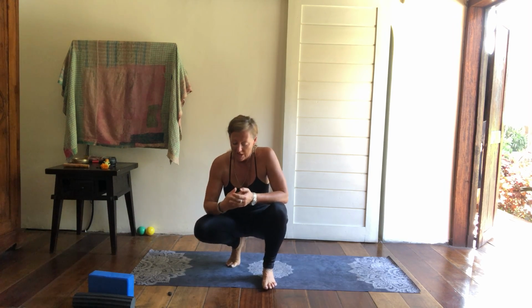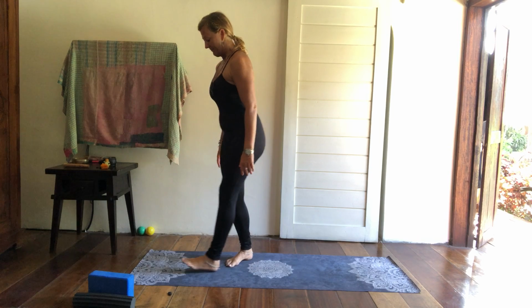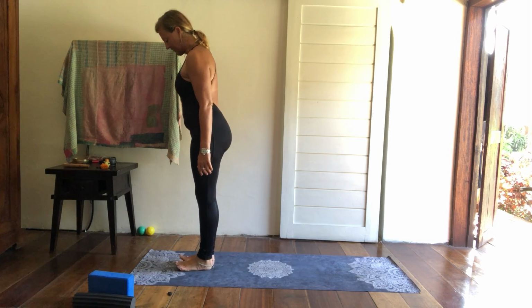So welcome to our tutorial on Surya Namaskar, Sun Salutations. We're going to work through Sun Salutation A and B. I will take you through Sun Salutation A and B, and then we're going to break it down a little bit so that you can see some of the specific nuances and adjustments that you might make in each particular posture. So let's come to the top of our mats, and we're going to start in Tadasana, because